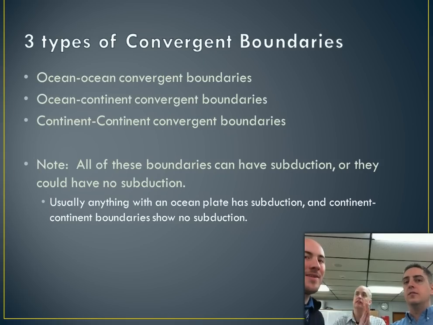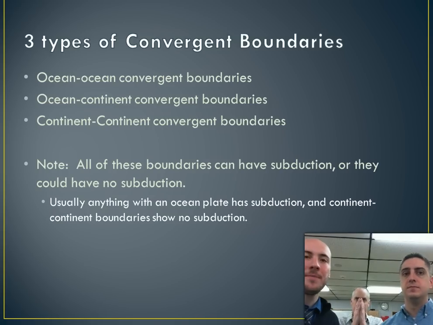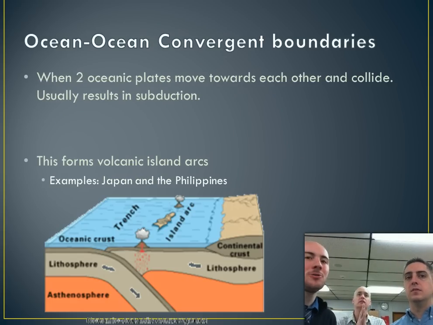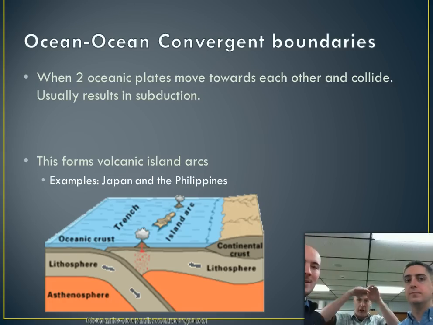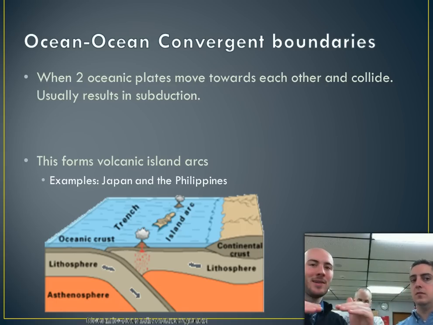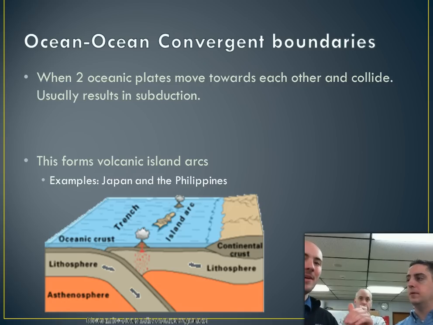Anyway, there's a way of actually classifying these convergent boundaries, and you see subduction in some of these, you don't see subduction in some of these. The first one is called an ocean-ocean convergent boundary. This is when you have two plates where the boundary is underneath the ocean, underwater. So you have water on this plate, water on this plate, and as they collide, this usually results in subduction where the more dense plate goes underneath,